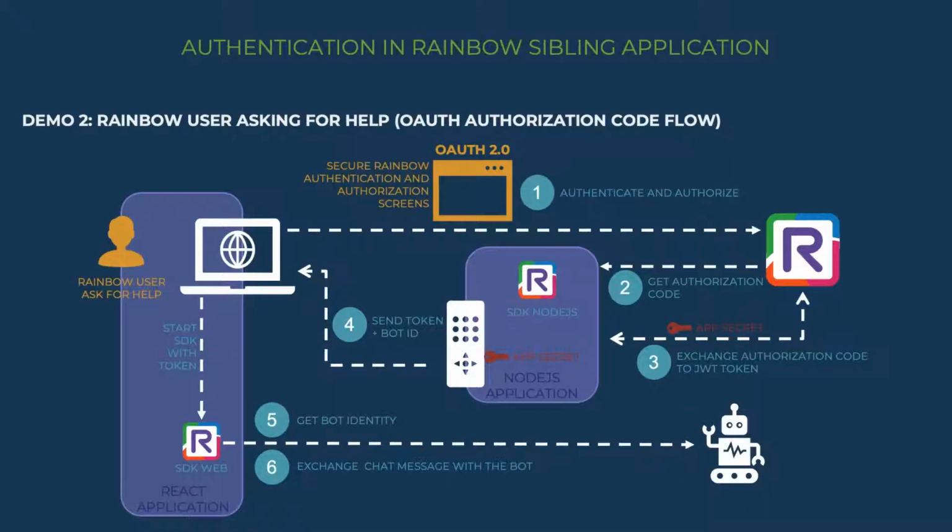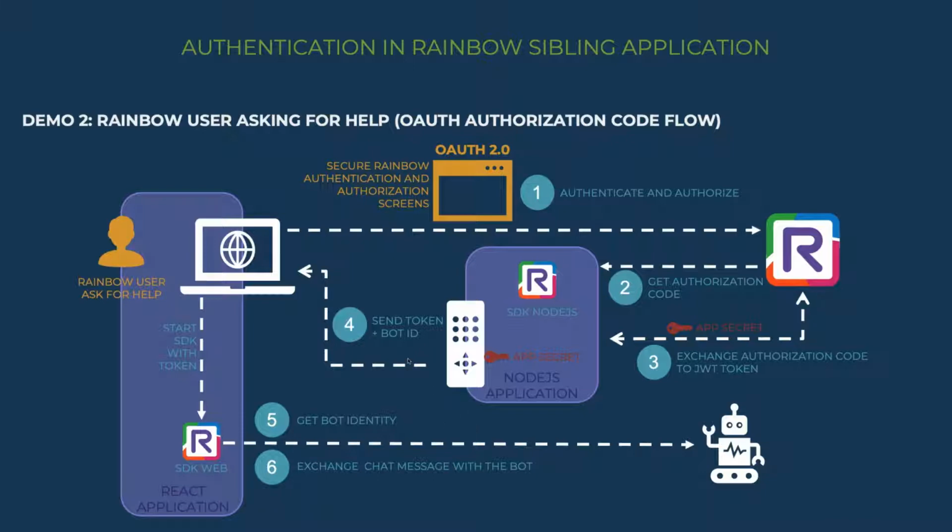The second demo is exactly the same scenario, but it will now ask the user to connect using his Rainbow credentials sent to the OAuth mechanism. This new authentication process is now officially supported in Rainbow. This will show you how to implement the OAuth authorization code grant mechanism, which is the most secure way to do OAuth. This method uses a server that will secure your application secret and your OAuth exchange.